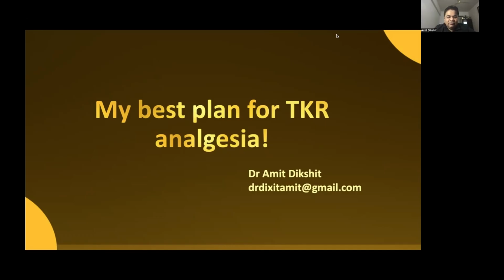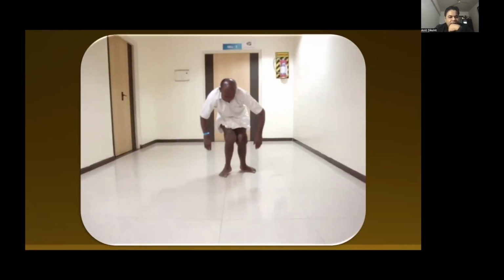My best plan for TKR analgesia. We know there are many recent advances in the field of anesthesia. In my previous institute, we were talking about the indications of TKR. Unfortunately, even in India, people tend to go for TKR only when they have some inability to handle their own